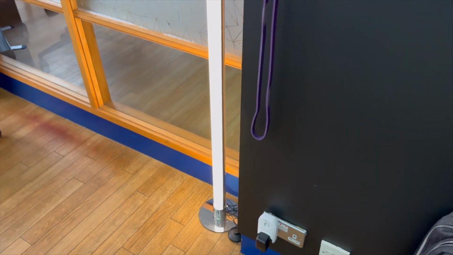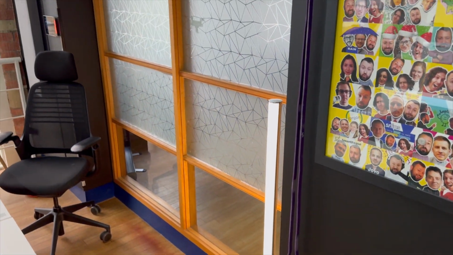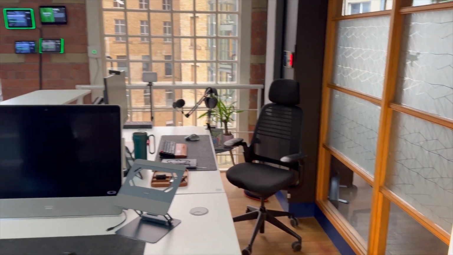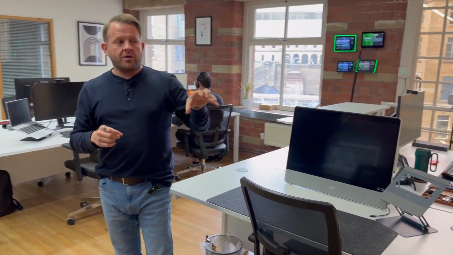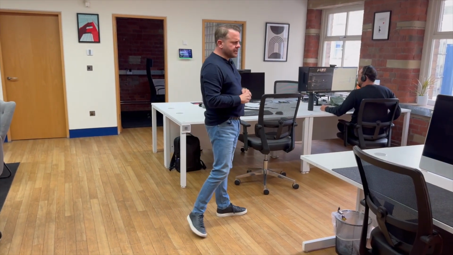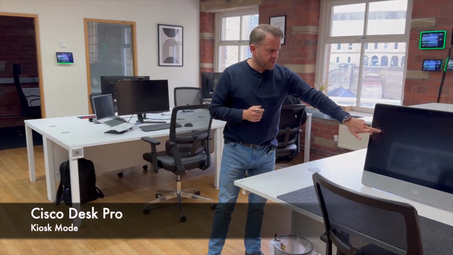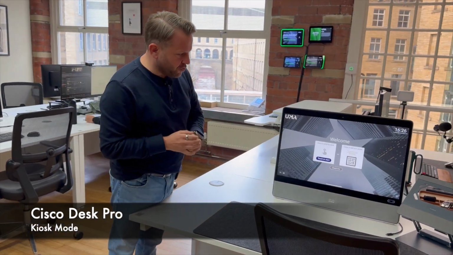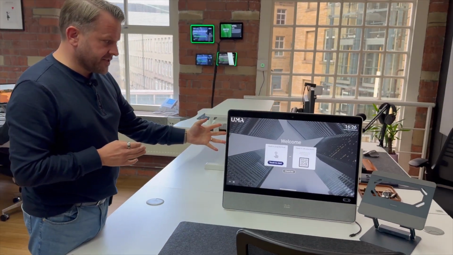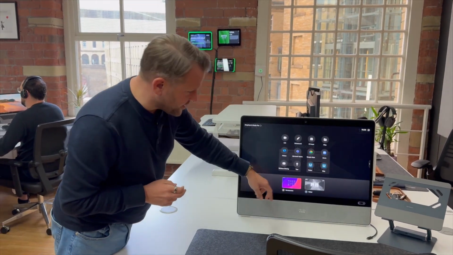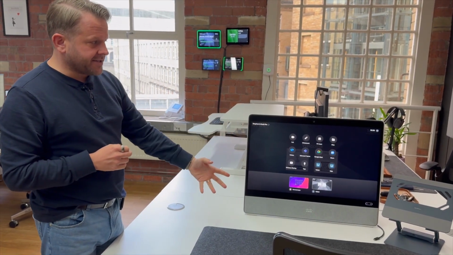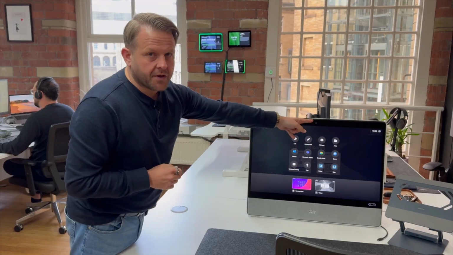And we also know how much energy is being used by that lamp there. We've done it in the kitchen, so as you can see, as we're moving around, we're painting a picture of all the different touch points in here as to what we can do in this space. So the WebEx device as well, the Desk Pro can be used and configured into visitor management mode, but it also works as a drop down for hot desking, and we will count the occupancy off of here as well